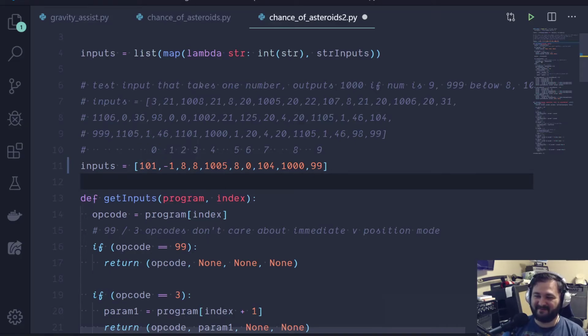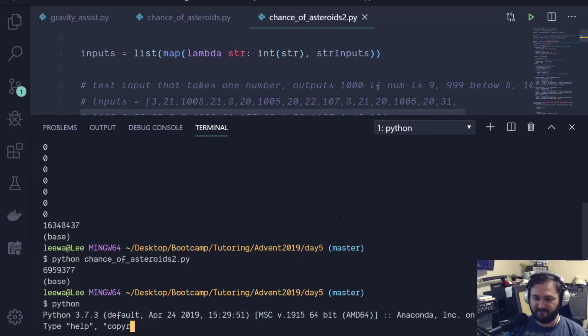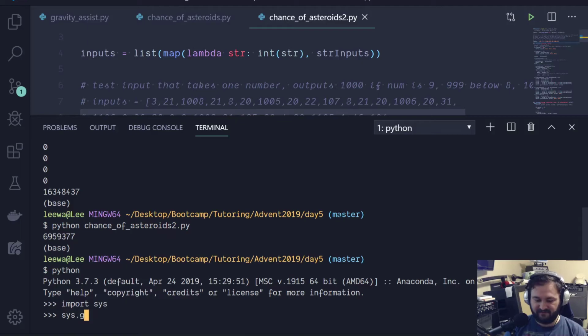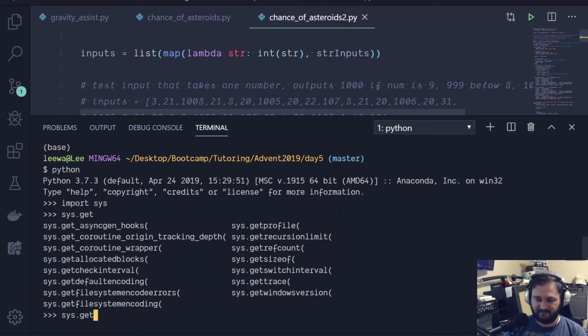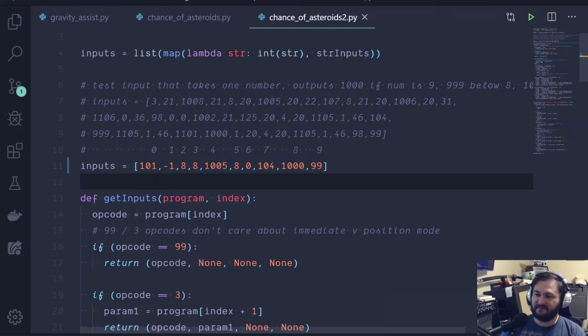basically this creates a loop that is 1,000 iterations long. Basically, if you do this recursively in Python, Python will blow up, more or less. So if we run Python and we say import sys, sys.getrecursionlimit, it tells you can only do 1,000 recursive calls. So if you were to run this program,